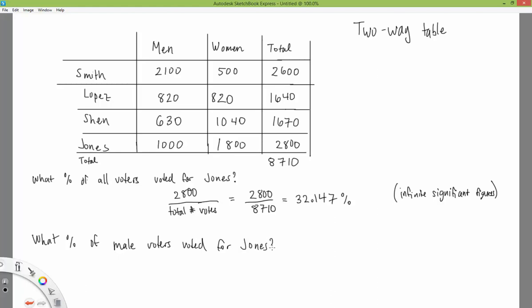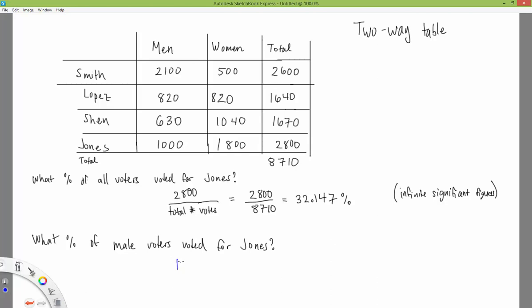And what would I need to do for this question? What goes in my numerator here? 1,000, right? Because now we're only looking at the column of male voters. So I would have 1,000